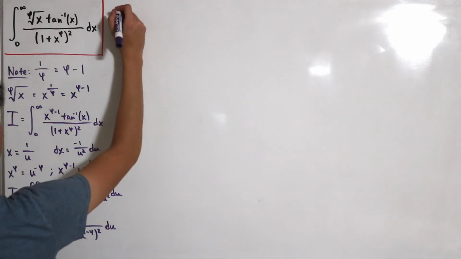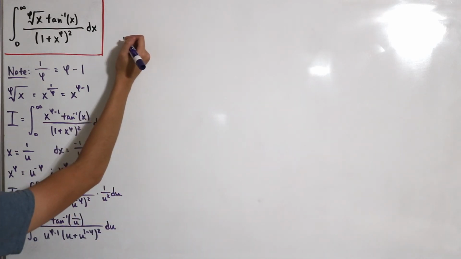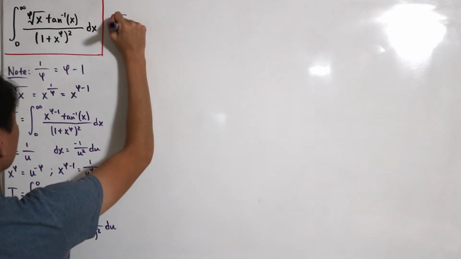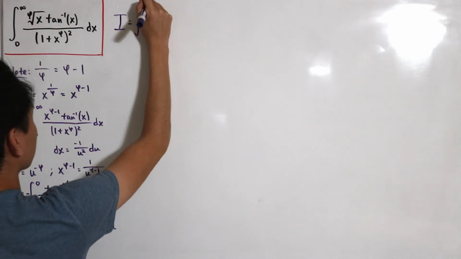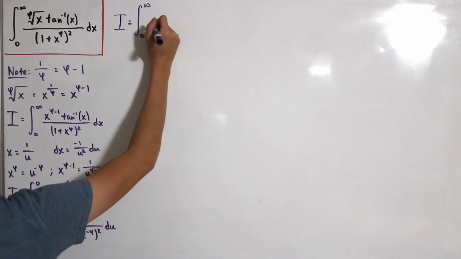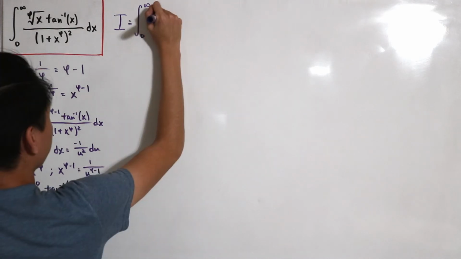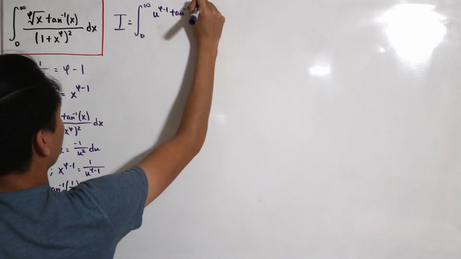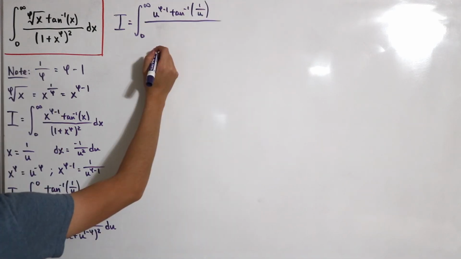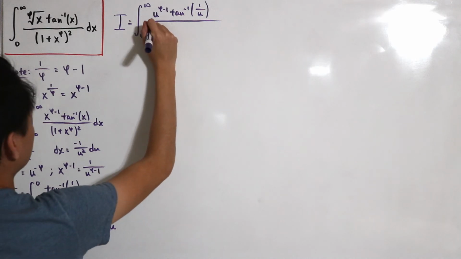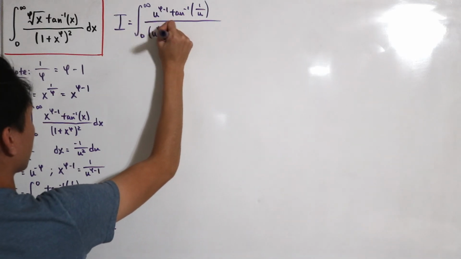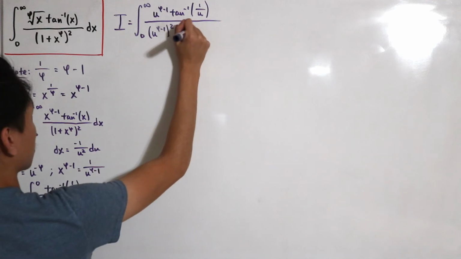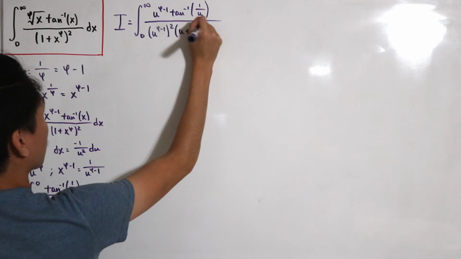Now, next step, I can multiply u to the power 5 minus 1 to both the numerator and the denominator. So in the new integral, when we multiply both the top and bottom, we have u to the power 5 minus 1 multiplied with inverse tangent of 1 divided by u. And if I multiply that to the bottom, it becomes a quantity squared, so (u^(5 minus 1)) squared. And of course this is still the product over here, u plus u to the power 1 minus 5,